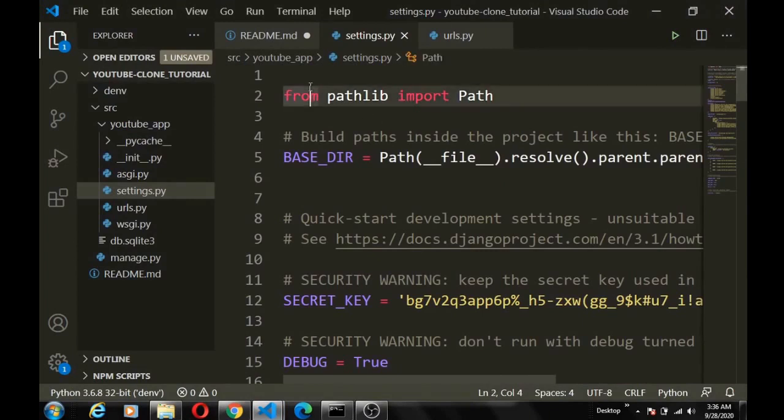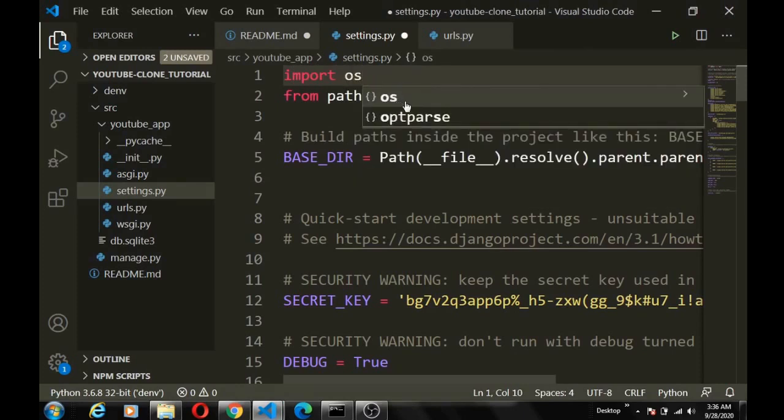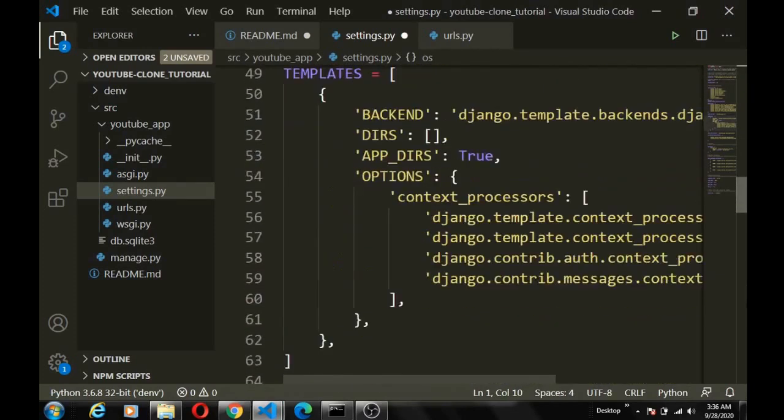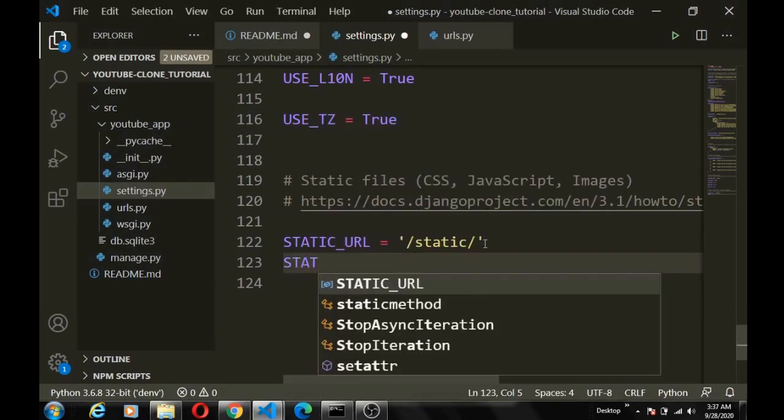At the top here, we import os first because we've been using it. Then next we scroll to the bottom of our settings file. We already have our static URL set up. We have to let Django know where we're going to place our static files like CSS, JavaScript, and images. So we'll create a static directory. By convention, it is called